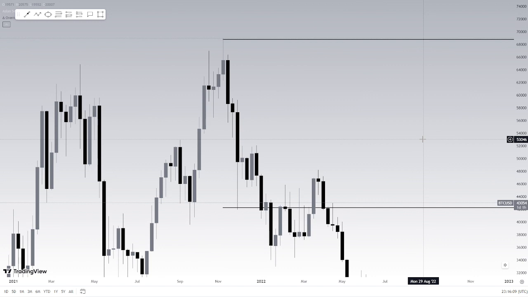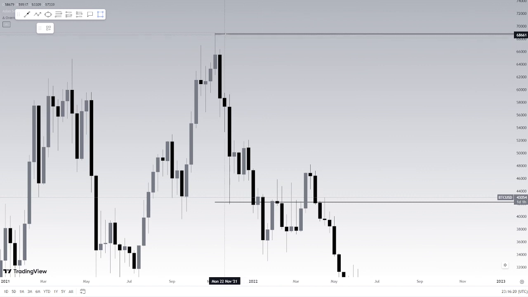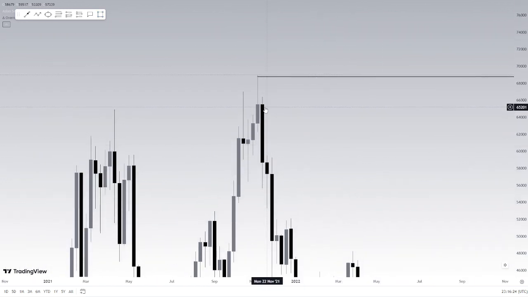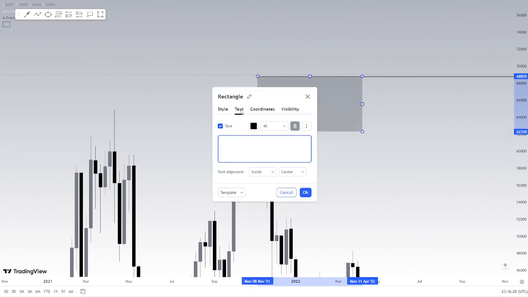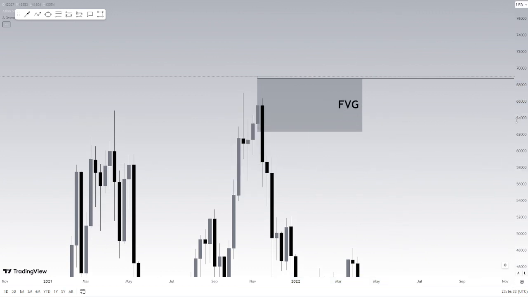That's why fair value gaps are integral to pretty much any ICT strategy you use. Fair value gaps are like the bread and butter of what we do, as well as structure and PD arrays, right? So our fair value gap here on Bitcoin is going to be over here, because if I zoom into price, we have a fair value gap over here. So I'm going to label that with a gray box, and I'm going to label it fair value gap. So that's our fair value gap, or simply put, FVG.